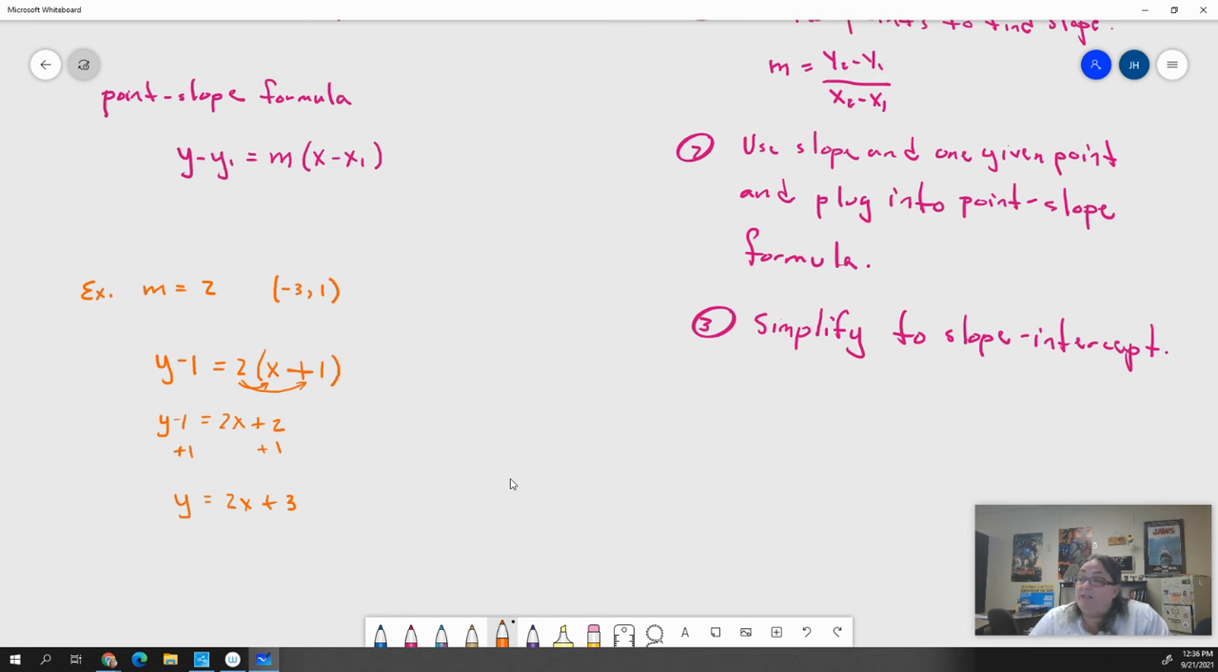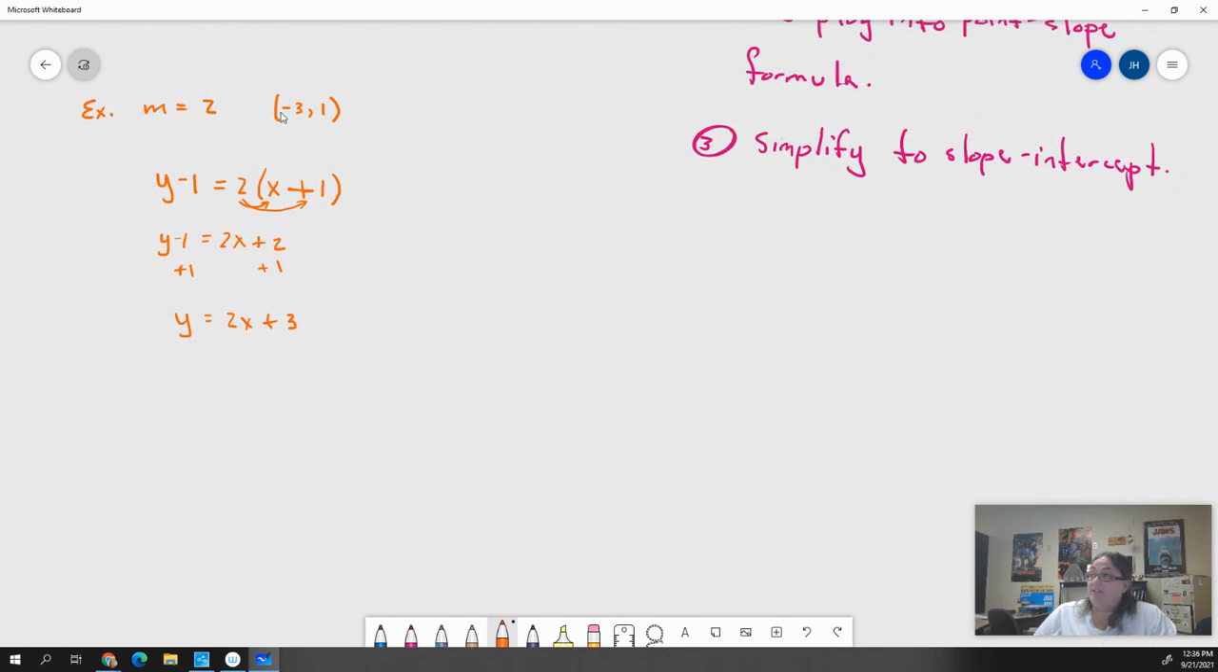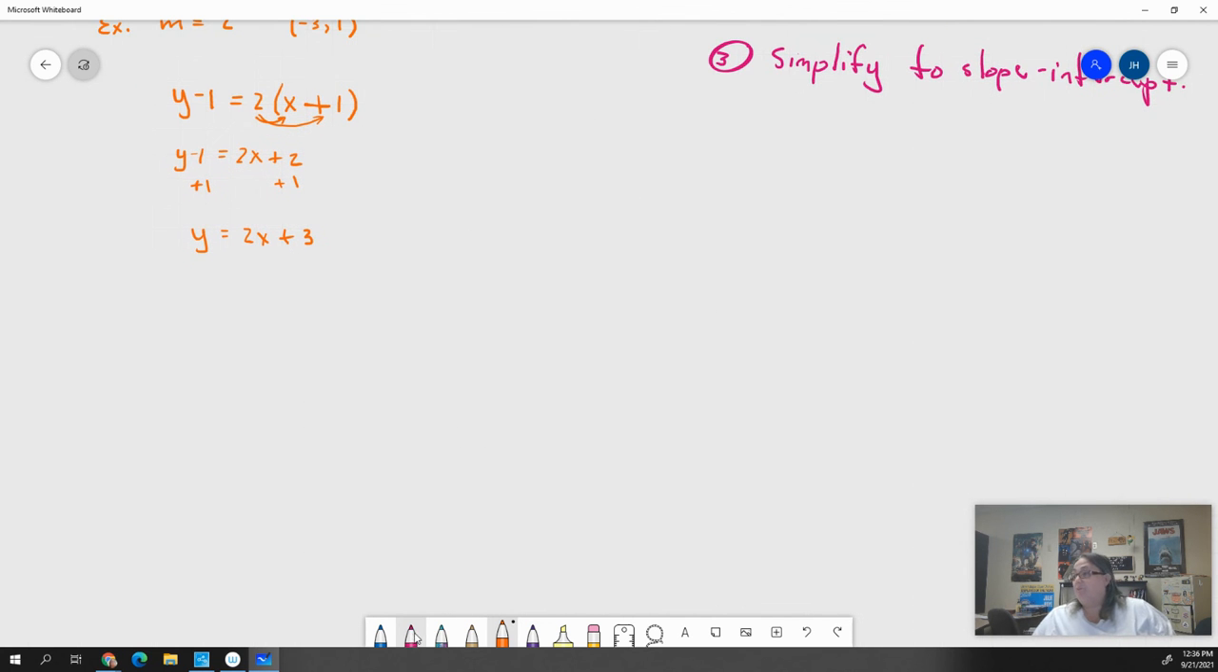And you won't always be given the slope. Sometimes you'll be given 2 points. You have to find the slope, and then you pick a point. And that will be what our next example looks like. So this is given a slope and a point. Our next one's going to get a little harder, right? What if I'm given just 2 points? What if I have the point